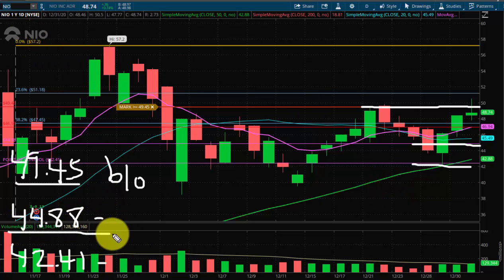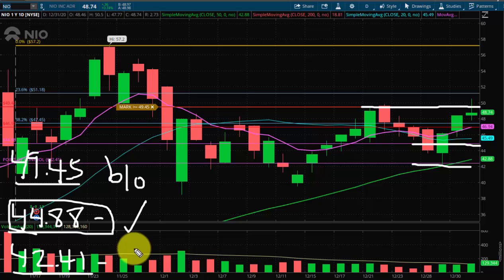I'm taking the higher one here into account because I don't think it's going to go back down to this before we break out. It could, but I don't think it will. Okay, so watch this level very closely. That's the breakout. This is the bounce zone. Again, I don't think the stock is properly valued, but I'll watch it for a trade.